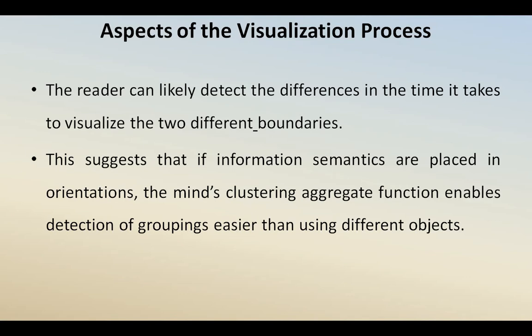So the human mind has the capability of receiving photos in the form of different shapes, and it also has the clustering capability, easily grouping a number of objects and differentiating a number of objects by using the information semantics. The user, by differentiating those pictures, can also always use the information semantics.